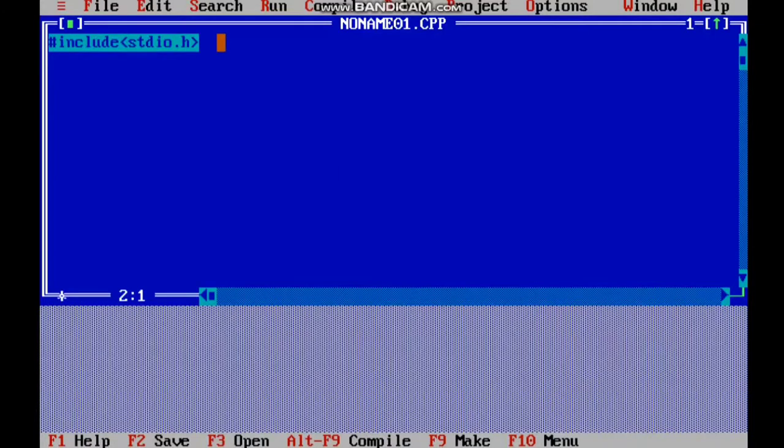Similarly, we will use the second include file, the header file conio.h. And let's get started. The first and the most important thing is to understand the functions. The functions are the bodies in which you describe the working of your program. So right now in this program, I